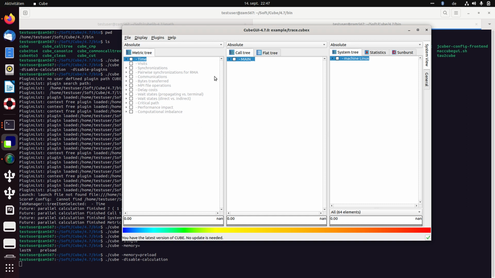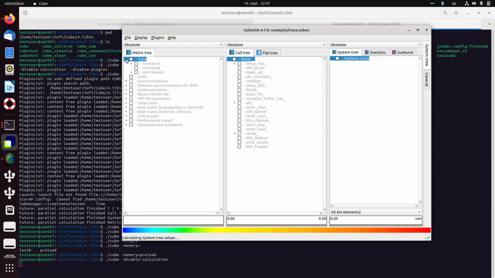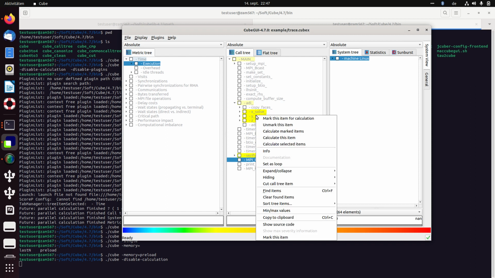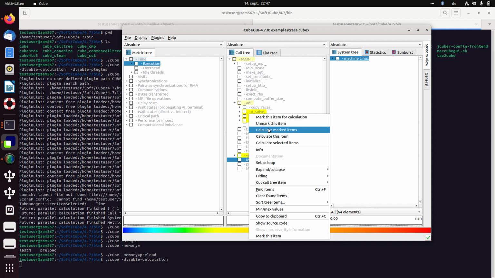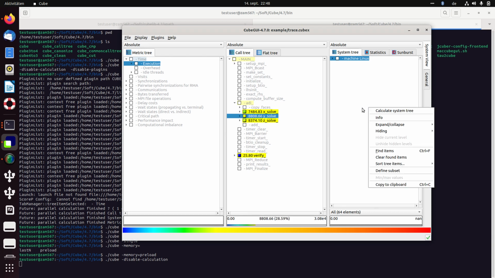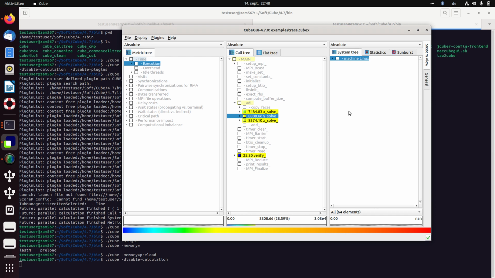So one gets the description, the dimensions, the call tree, the system tree, and for example, if one would like to calculate some specific value, one marks, for example, x solve, y solve, and z solve, and I would like to have verify calculated also, and I can launch the calculation, calculate marked items, and only this data gets loaded from the hard drive into memory, and the calculation gets performed. In this way,